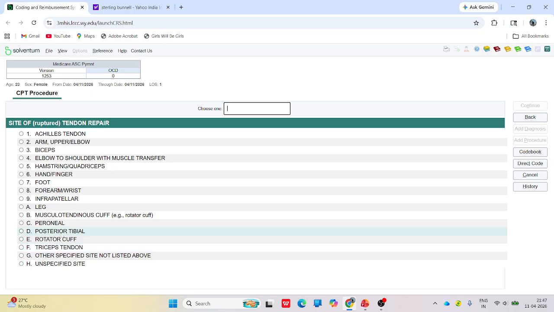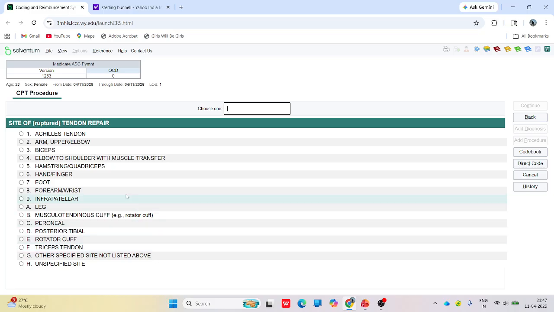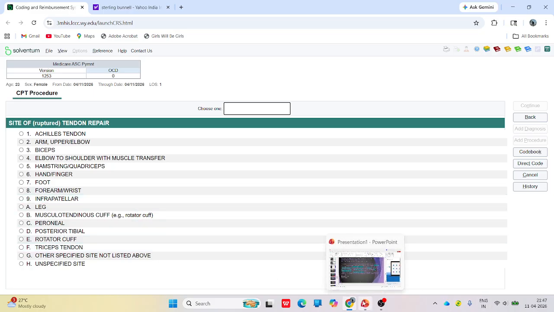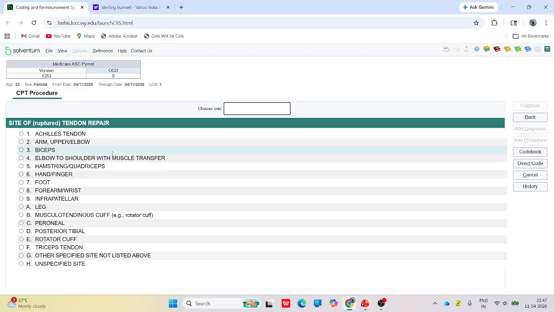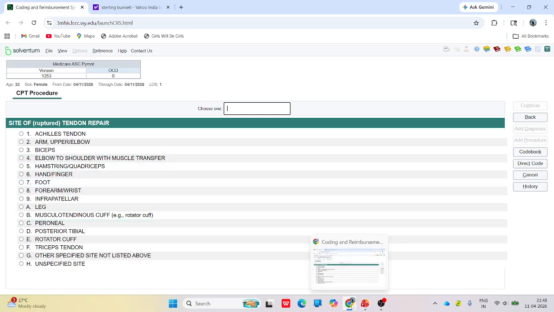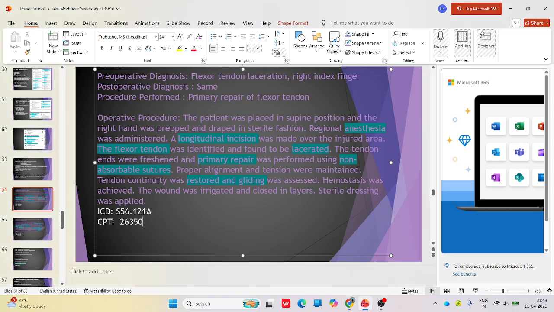So it's a primary repair of the, what is given? Flexor tendon. Site of the tendon repair. What is the site? Index finger,